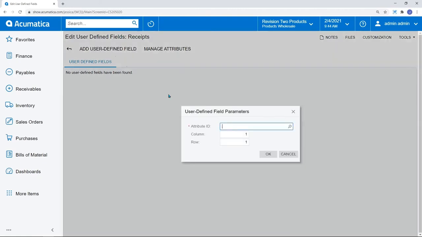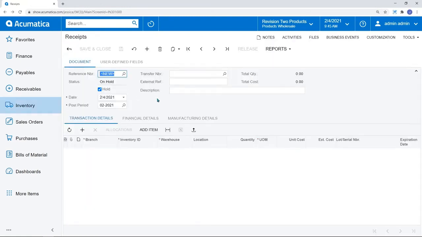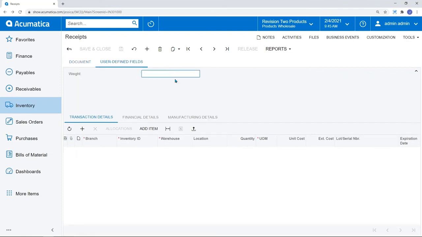I simply have to go in and add the field of my choice. So if it's something like weight that I'm interested in adding to a purchase receipt, every time we receive a new PO in, we would like to measure the weight of that, and then we would like to enter that weight in the system. Just one example of the many, many examples that you can utilize these user-defined fields for.